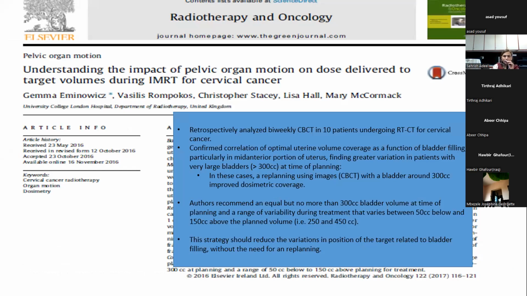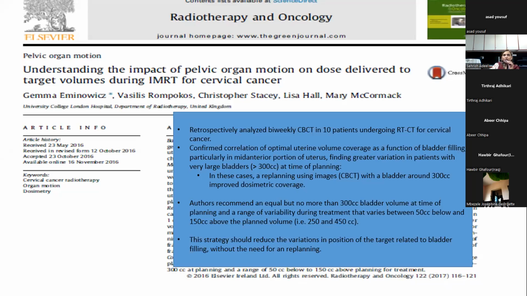So in this paper, the author said that if you keep the volume of the bladder up to 300 cc at the time of the planning, there would be no need of replanning, and they allowed the variation of up to 250 to 450 cc bladder volume at the time of the treatment. You're getting my point? So according to them, if we keep the volume 300 cc at the time of planning,